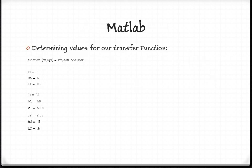To determine our values for our transfer function, we entered our variables and our function into MATLAB. Running through several iterations, we completed a trial and error and analyzed the best match according to our Nyquist, Bode, and step function plots. As you can see, we entered the standard RA, LA, and KT values, representing the coefficients